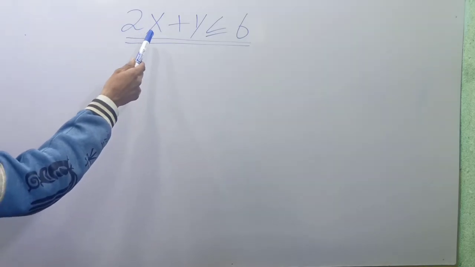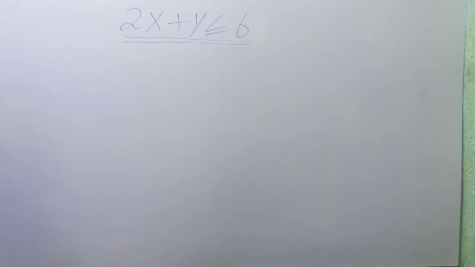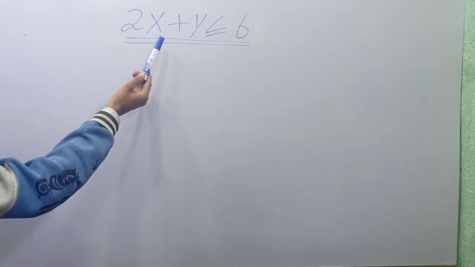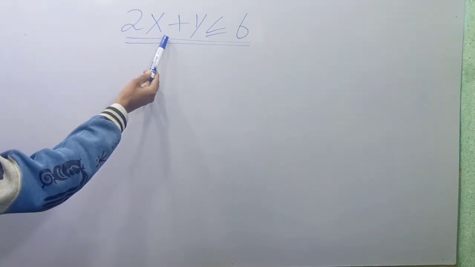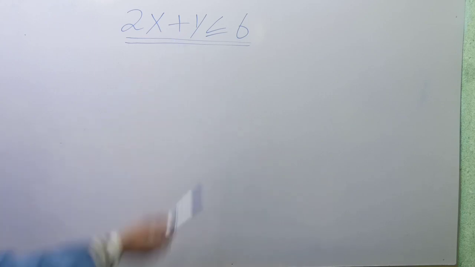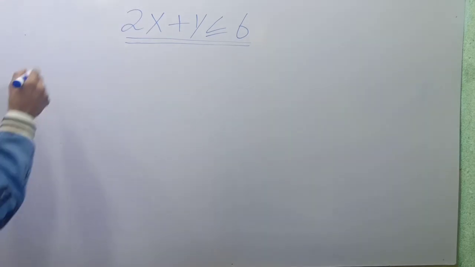A linear inequality 2x plus y less than or equal to 6 is given to us. We have to find the x and y intercepts of this linear inequality, and then find the solution set of this linear inequality. Also, we have to draw the graph of this linear inequality. Solution: